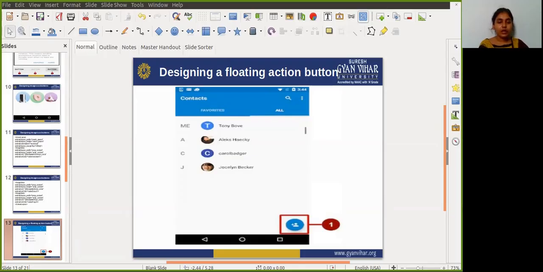So to set it back to the default size, you just need to write app:fabSize equal to normal. When you choose normal as a value, it automatically understands that you mean the default size of the floating action button, that is 56 by 56 dp, right? So to respond to the button click event,